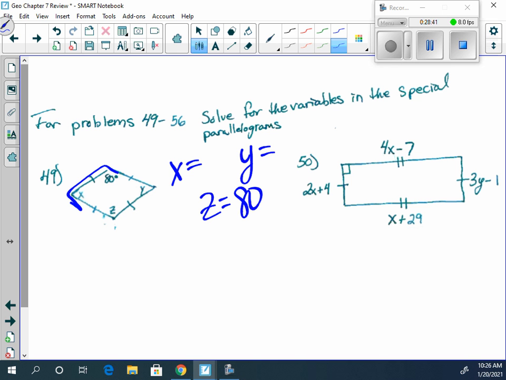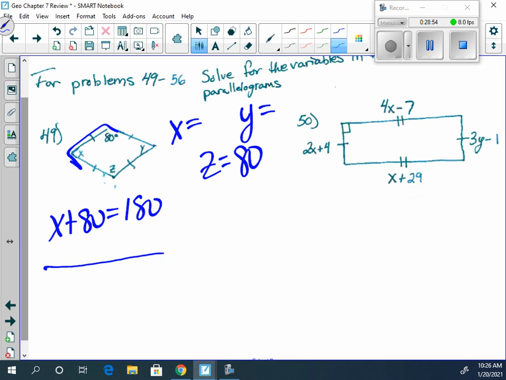Well, since it's a parallelogram, the consecutive angles are what? They equal 180. They're supplementary. So x plus 80 is equal to 180. Well, to get x by itself, I would minus 80 from both sides and see that x is equal to 100. So what does that mean about the value of y? It's 100 because the opposite angles are